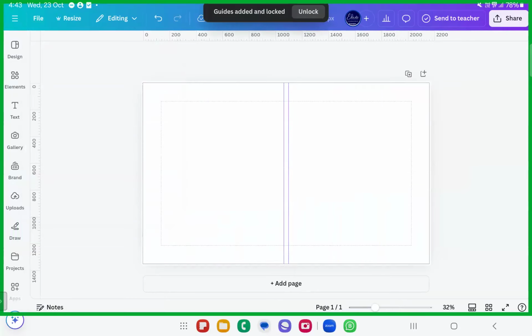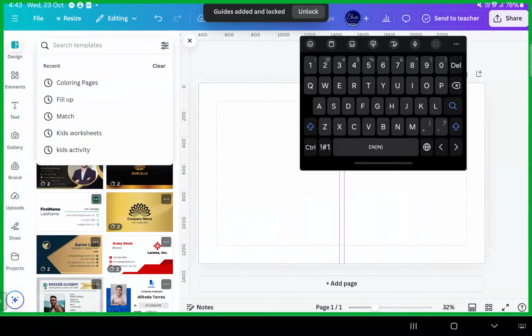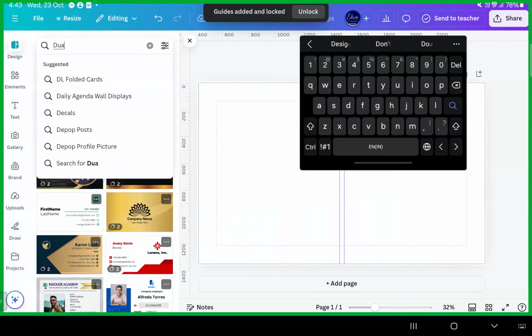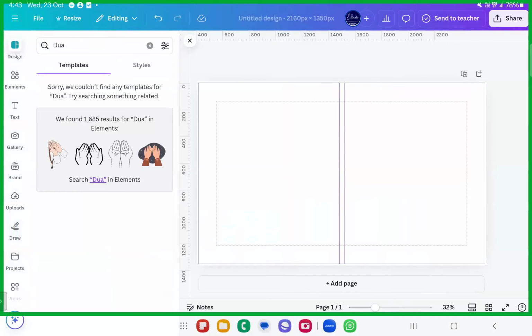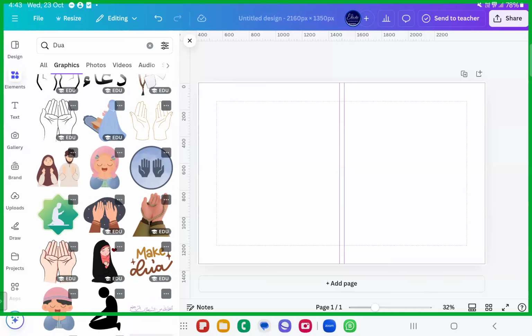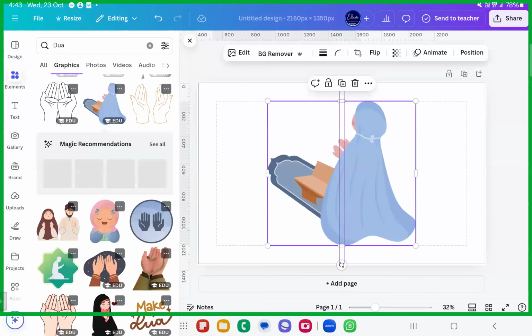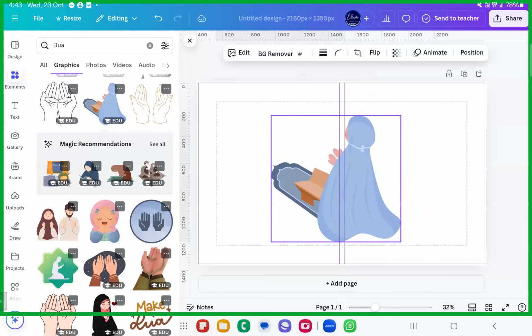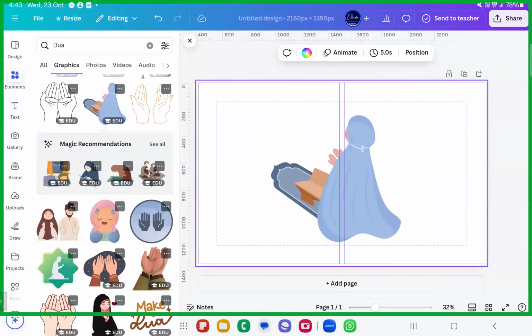Now I'll show you one simple one. See what a carousel is. I'll make a simple dua kind of carousel, and the elements. Fine. So we're going to make a dua kind of carousel. I'll take this one, half in one post, half in another post. So I'll show you how I am going to create that.